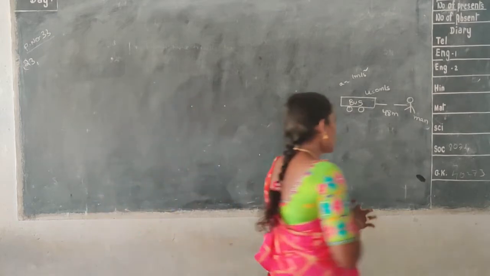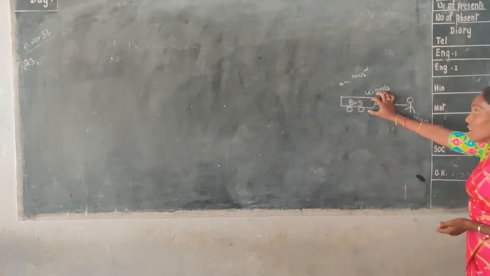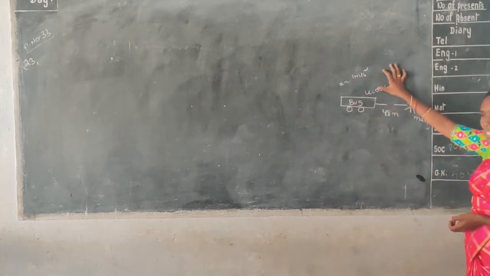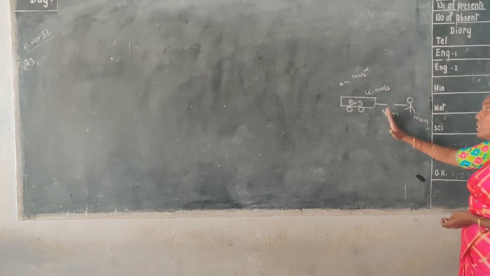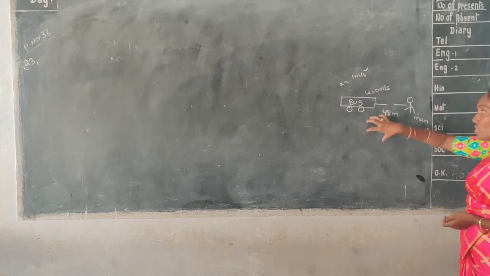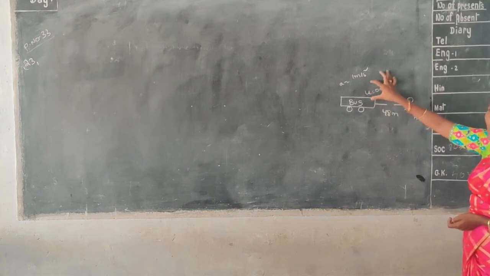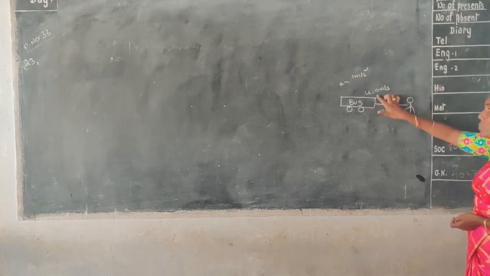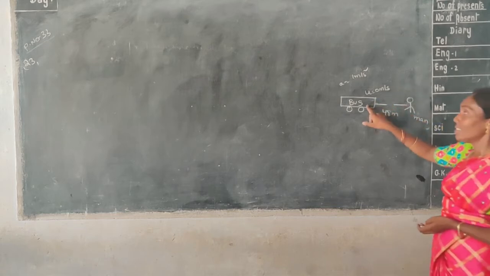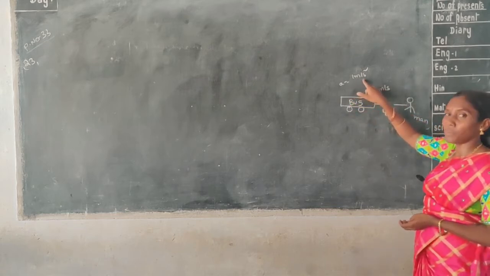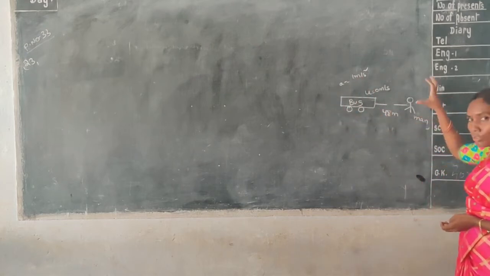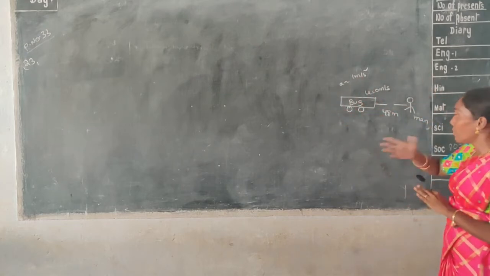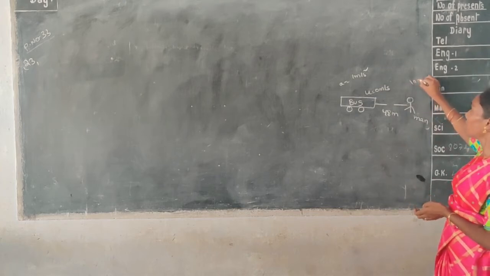Now listen carefully. This is the bus. The bus is at a rest position. A man is standing at a distance of 48 meters from the bus. In this situation, the bus is initially at rest, that means the initial speed of the bus becomes 0. After that, the bus is moving with an acceleration of 1 meter per second square. At the same time, the man also starts running with a velocity of 10 meter per second.